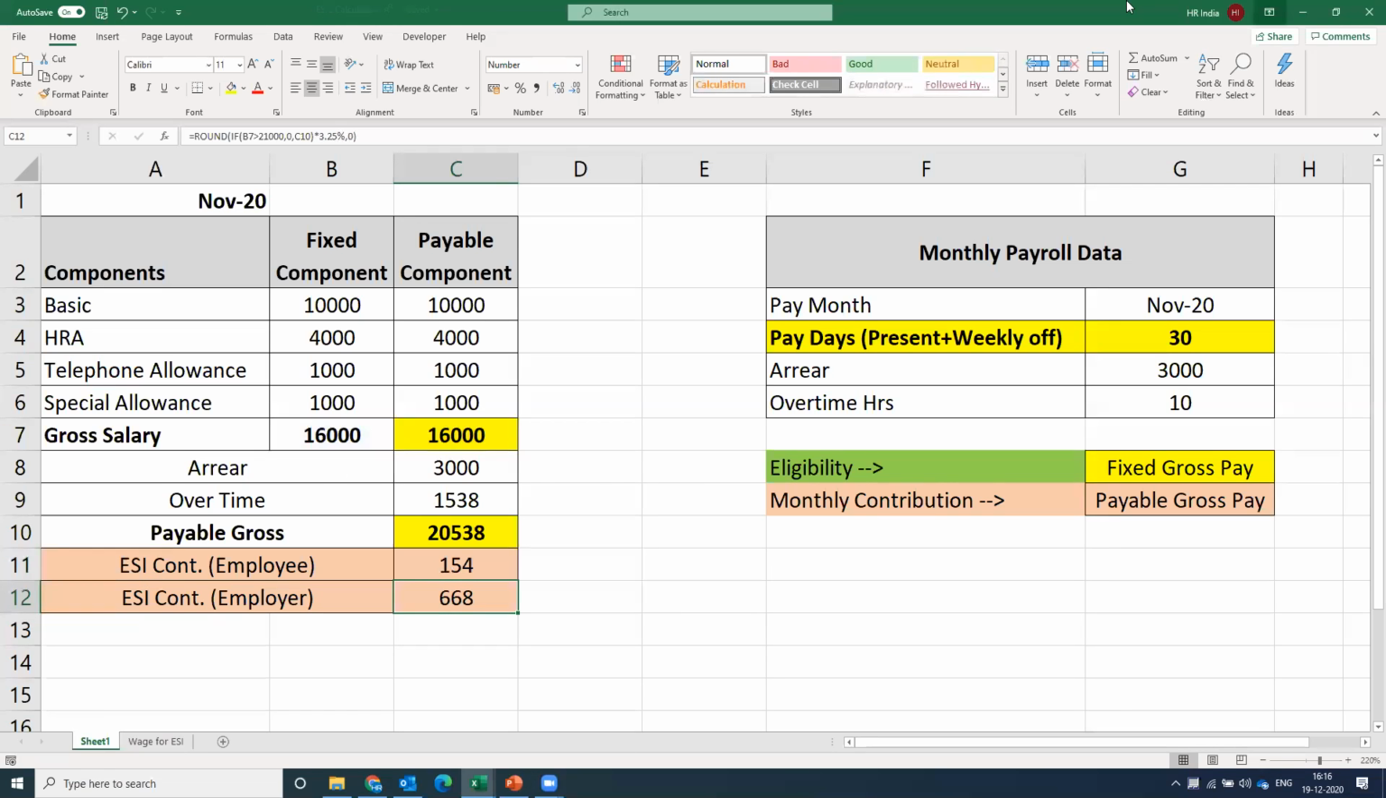Yeah, so in case his payable gross increases after overtime and arrears by more than 21,000, will we not calculate his ESI then? If you see the formula, let's take the case that his arrear is 6,000 rupees. Now, if you see, his payable gross became